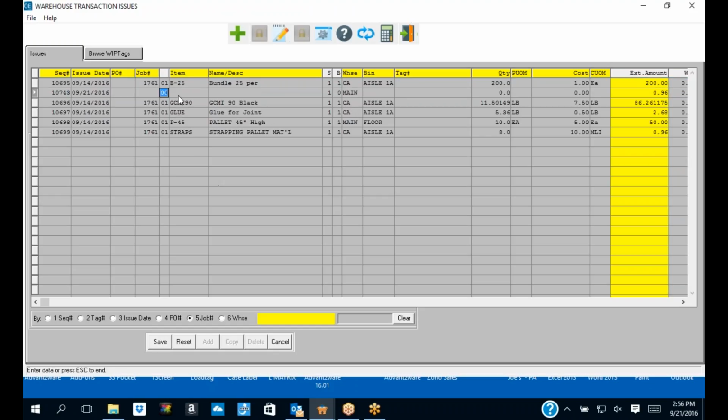If you issued a SBS 18, for instance, just as I was going over here, you could put in the diameter as a parameter. I'd have to go find a job. But basically, you're going to put in your purchase unit of measure, and I think it's called diameter, DIM. So you would put in the dimension of the diameter that's left on that roll, and then it would look at the